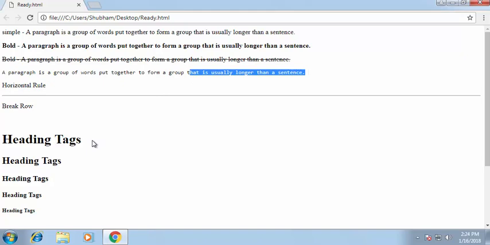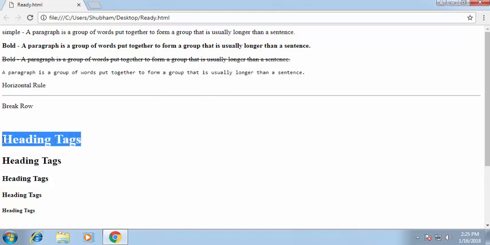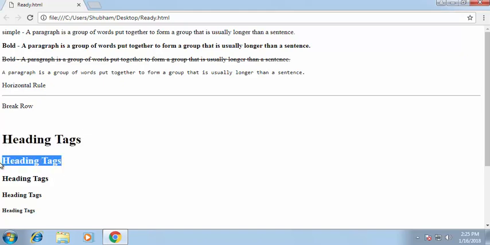Alright. Let's move towards another one, which is the heading tag. See, these are the headings. There are 5 types of headings in HTML, which are H1, H2, H3, H4 and H5. You can see this is the H1, this is the H2, this is the H3, this is the H4 and this is the H5. The H1 is in big letters, H2 is a little smaller. This one is small in comparison to this one, and this one is small in comparison to this one. So these are the differences between H1, H2, H3, H4 and H5 tags. I will teach you how to write it